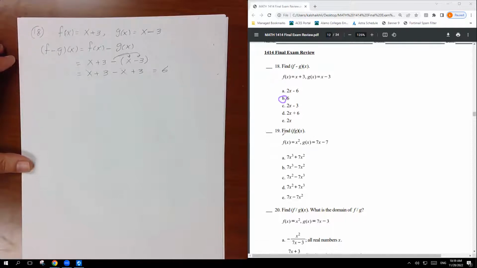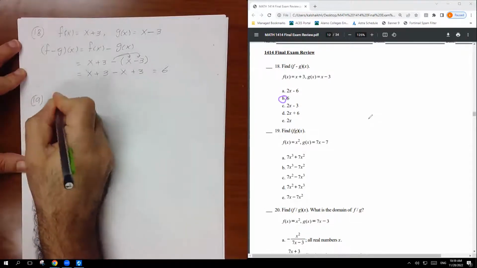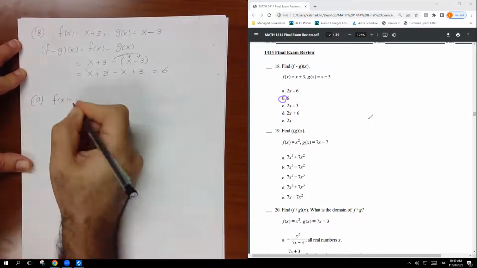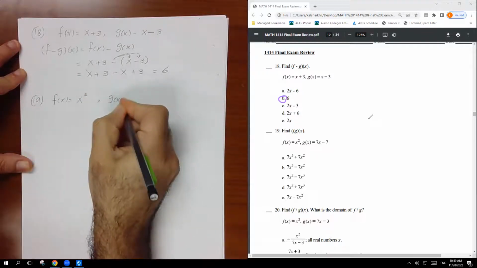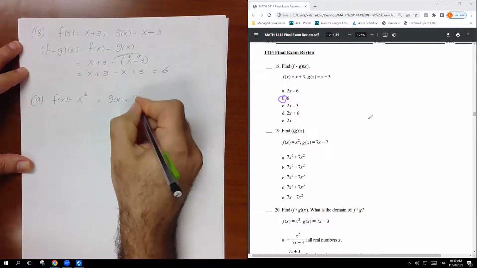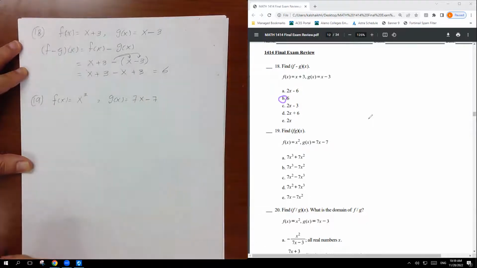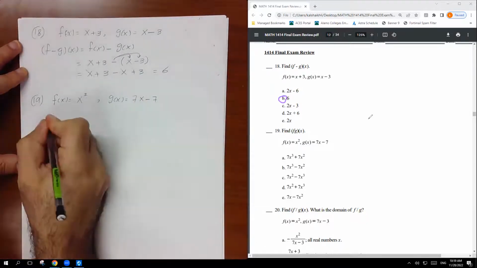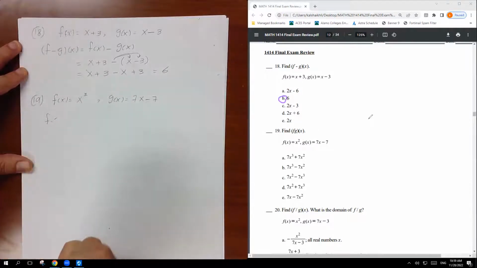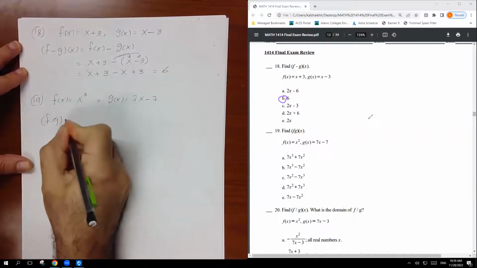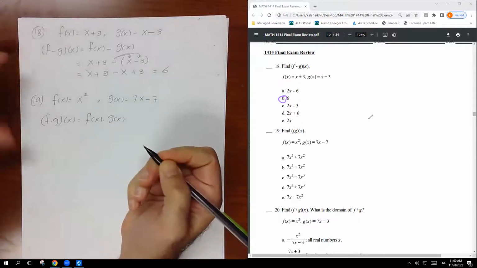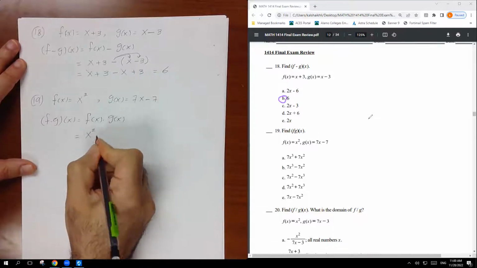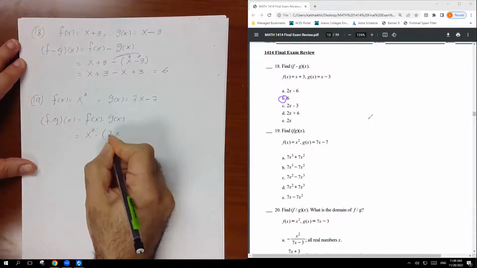Now we need to find, for example 19, we have f of x equals x squared and g of x equals 7x minus 7. They ask you to find f times g. f times g of x is going to be f of x times g of x. So it's going to be f of x, which is x squared,